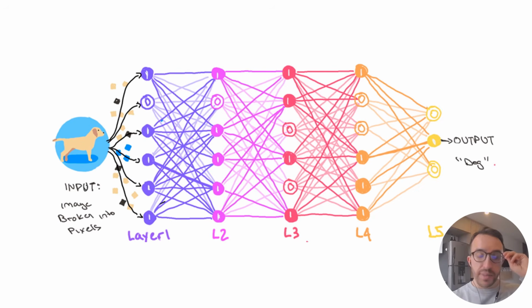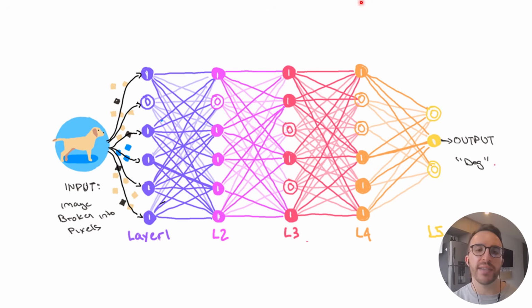So another question you may have is, okay, I get it. Once you have a network with weights that work, you can pass in an image and it can output what it thinks it is, whether it thinks it's a dog or a cat or a mouse. But the obvious question is, how do you learn those weight values? How do you find all those A's, B's, C's, and D's such that the network can correctly take in a random image of a dog it's never seen before and correctly identify it as a dog? How do you find those weight values?